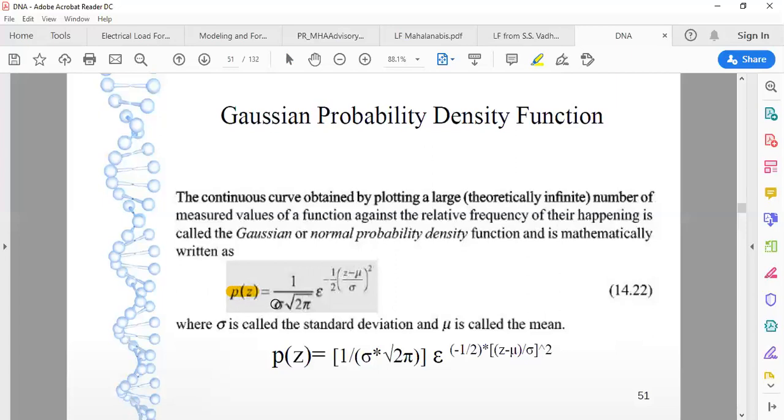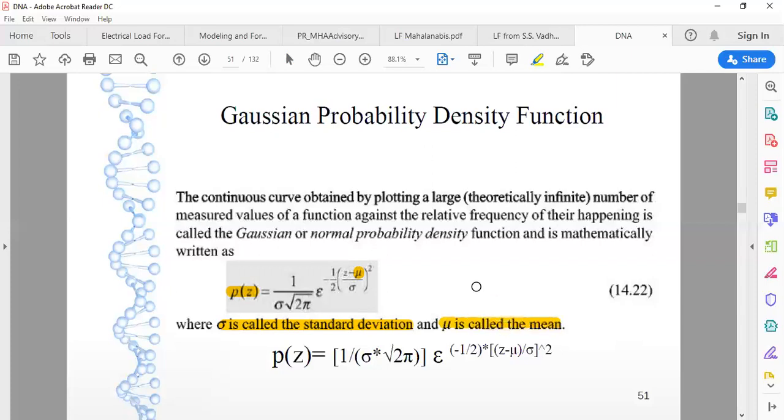Sigma, small sigma, represents a standard deviation. As I mentioned earlier, suppose my meter has a standard deviation of plus 0.5 to minus 0.5. Because the true or mean value is 2.5 ampere, it may give me a value between 2 and 3. Mu is the correct or mean value. The number which occurs more frequently will be termed the mean. So if we calculate the mean, it should equal mu.